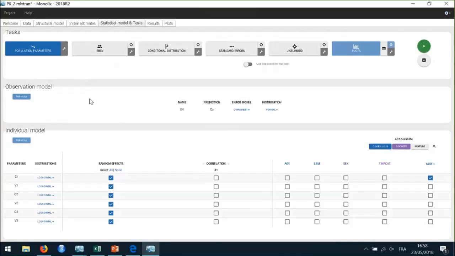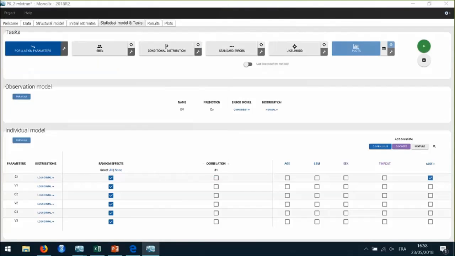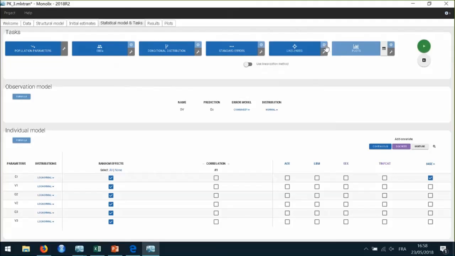But before running, I will save this modified project in a new file that I will call pk3.mlxtran. Now I can run the scenario with all the tasks. So I will select them all, and I will select the linearization method before running so that it will be faster to compute the standard errors and the log likelihood.